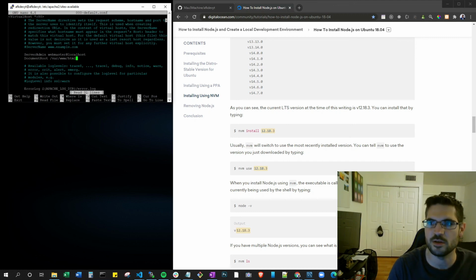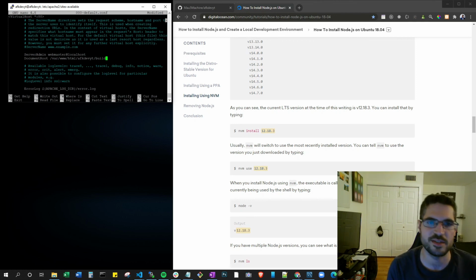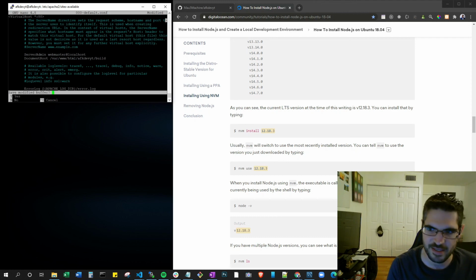And how? We need to go into our project. So go into your project, and one more step, we need to go into the build directory. At the end of the day, we're serving the index.html file inside of the build directory. So this will put us where we need to be. So if I exit this and save it,